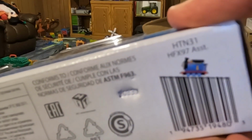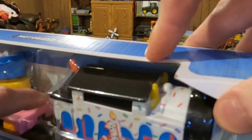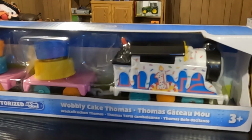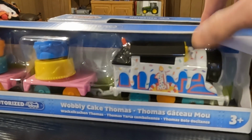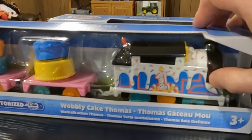97. So obviously this means that this dude is probably the international release of this, or basically the international / Target release, because that's something I've been noticing. Target seems to be getting the international releases, while Walmart gets their own assortment numbers. So like Walmart's assortment number for greatest moments is like HFX 98. They have their own assortment for standard engine packs as well, and I don't think it's the same for large engine and small engine push-alongs, but